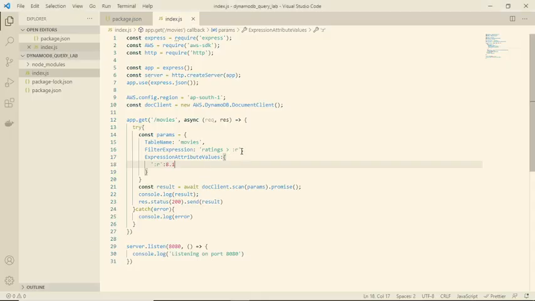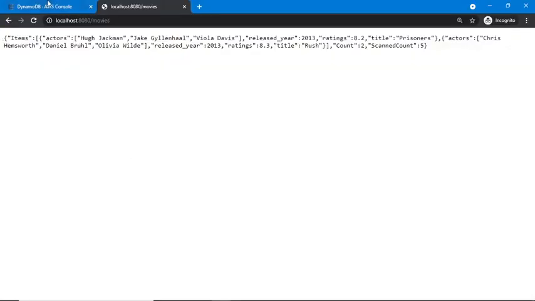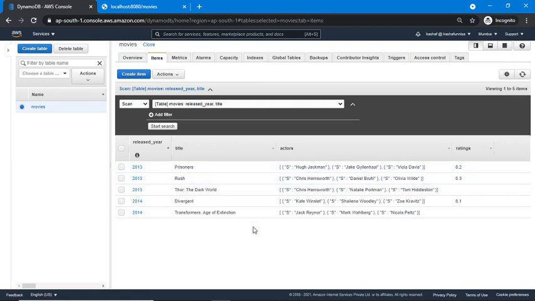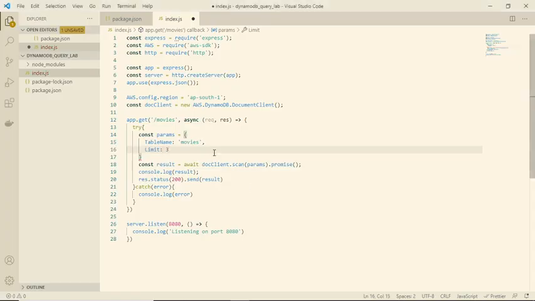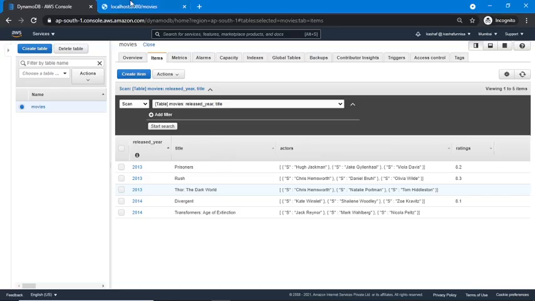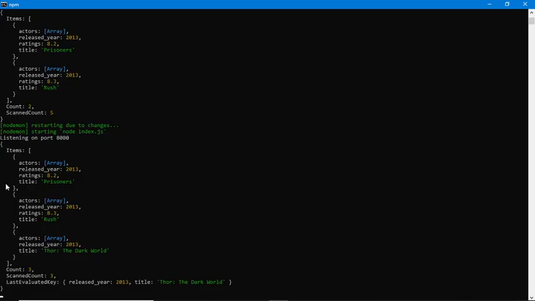If you don't want to retrieve all the items from your table, and you want to use some limitation, in this case you can pass the limit parameter. Now you can see in my table I have 5 items. Instead of retrieving all 5 items, I only require the first 3 items. So I can pass limit 3. It will return the first 3 items from my table. So let's hit the API. Yeah, you can see here, I got the first 3 items from my table.